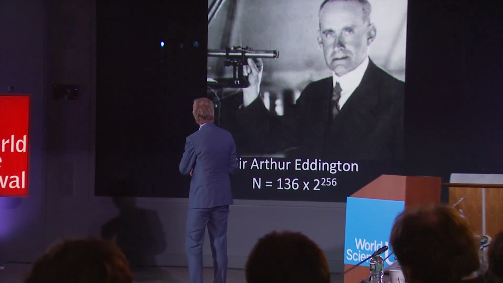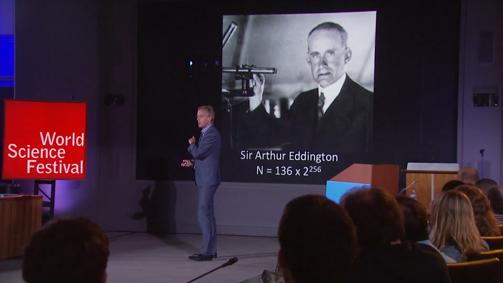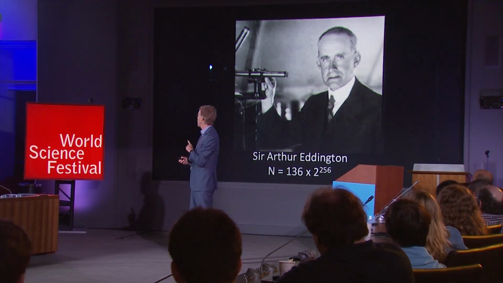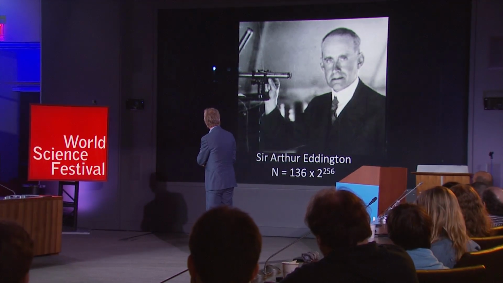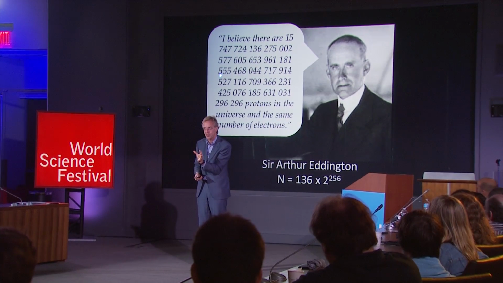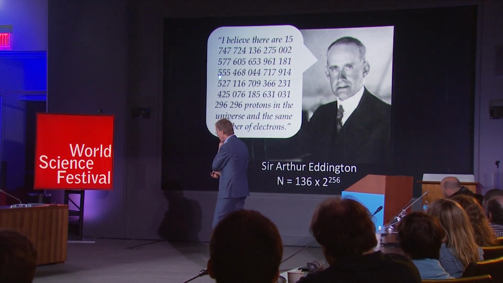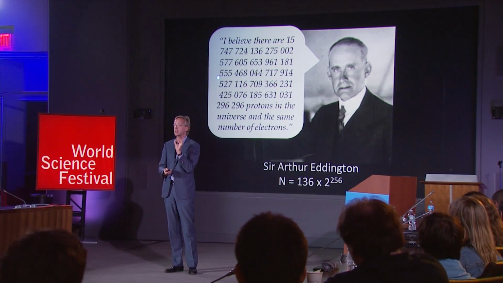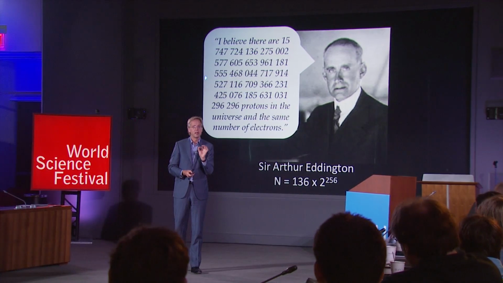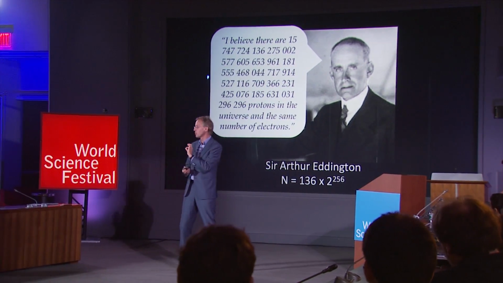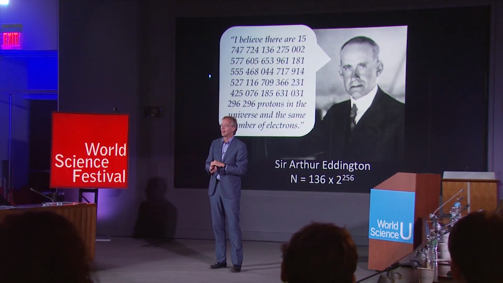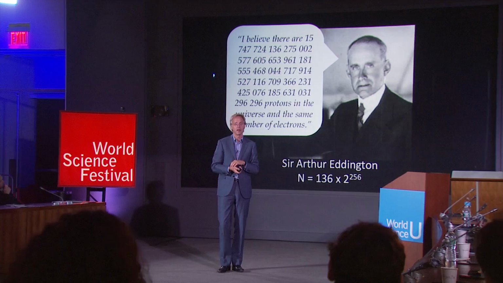In fact, there's a great story, perhaps you know, about Sir Arthur Eddington, the one who verified the solar eclipse and the bending of light and made Einstein famous. In the later phase of his life, he had a theory about the universe. He thought he could compute the total number of particles in the universe, with the formula 136 times 2 to the 56, because at that point the fine structure coefficient was thought to be 1 over 136. Then the measurements improved, and he got more like 137. Suddenly he realized, oh yeah, of course, I had to add 1. And then famously, he was described as Sir Arthur Add-One.